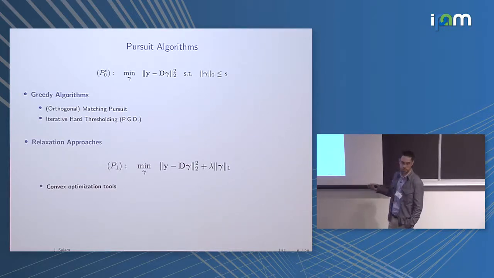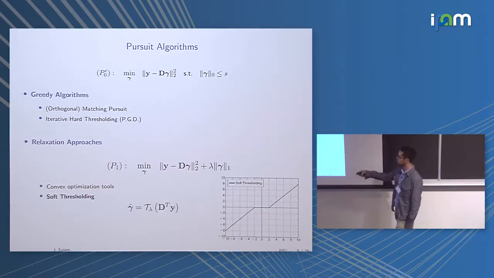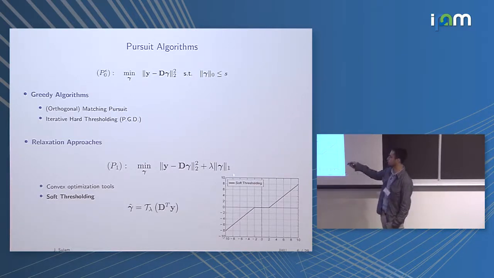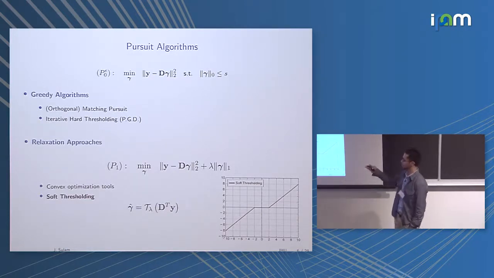Now, when dealing with images, however, the dimensions of these problems might be quite large, and so you cannot typically just run any interior point methods on this. And so we're going to be interested in algorithms that essentially just use matrix vector multiplications and entry-wise operations. And so you would like to do something like this, for example. You can take your measurements y and project it onto your atoms by multiplying by the transpose and then applying essentially the proximal of the L1, which is this soft thresholding function, which looks like this. And the output would be some rough estimation of what the sparse representation should be.